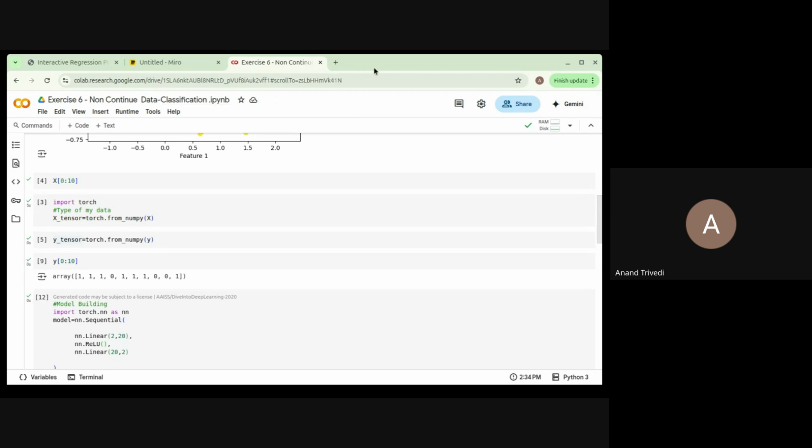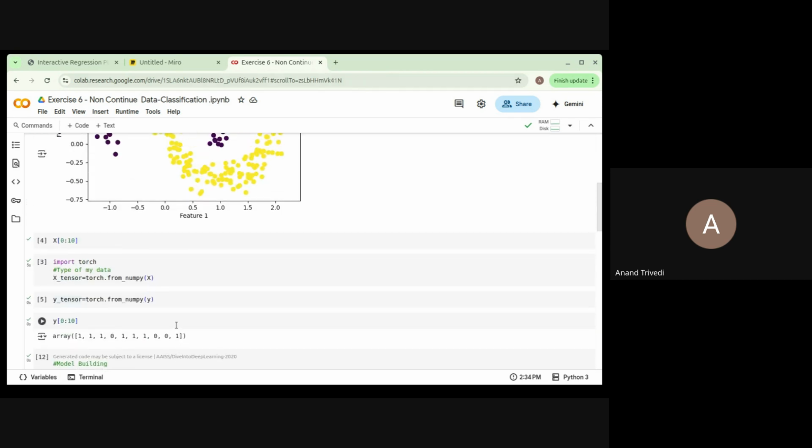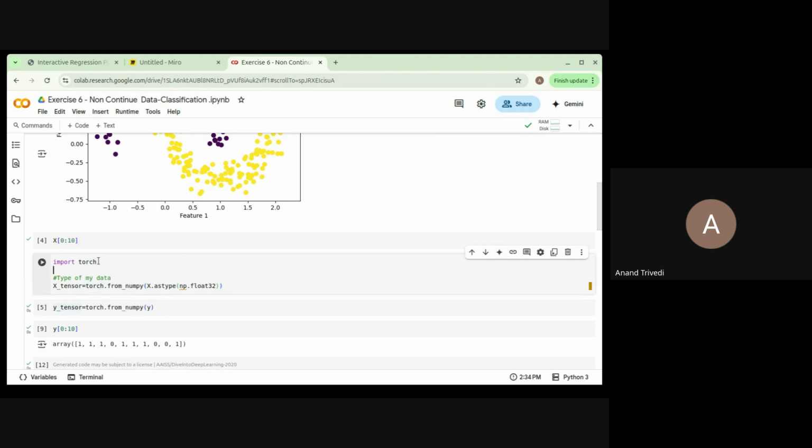So I'll use torch.from_numpy of X, as type np.float32, and import numpy as np. And then